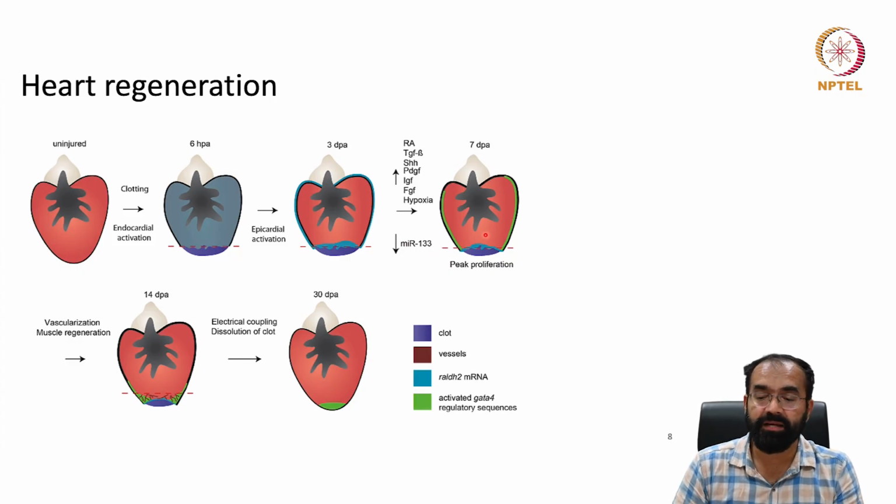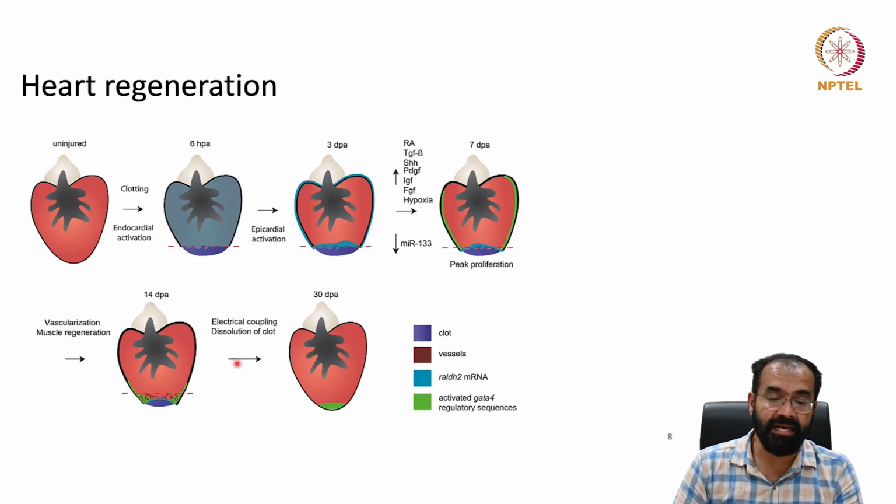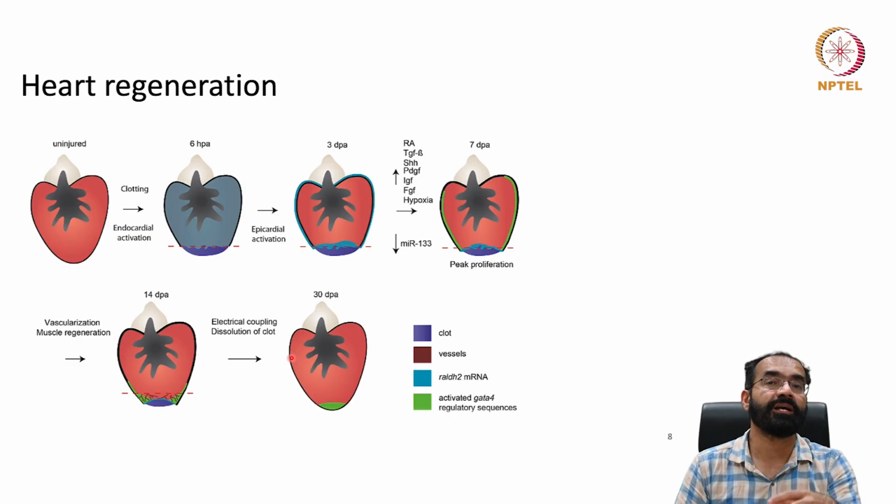By 7 dpa is the peak of proliferation in the amputation method, and by around 14 dpa there is vascularization. Vascularization means the blood supply or the blood vessels are being formed, and the muscle regeneration happens by around 14 dpa, and then comes the electrical coupling and also the dissolution of the clot by around 30 dpa. Electrical coupling means the pacemaker should be able to give signal to these newly formed cardiomyocytes so that they can